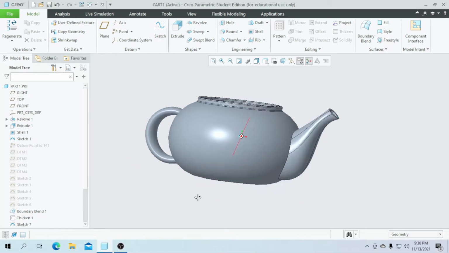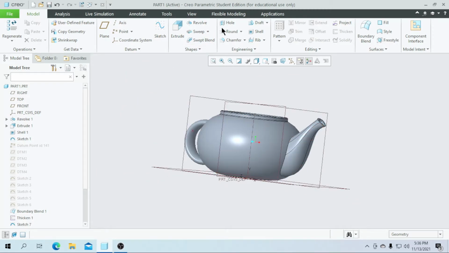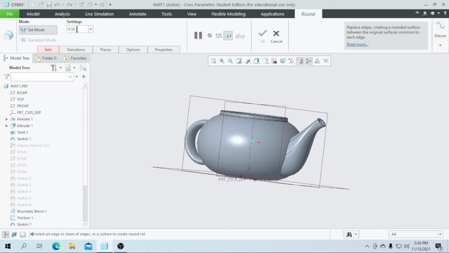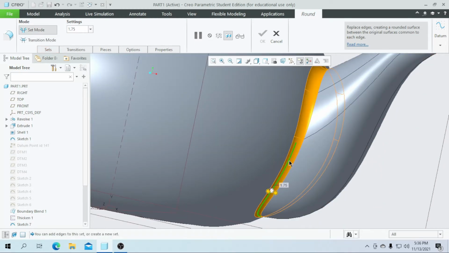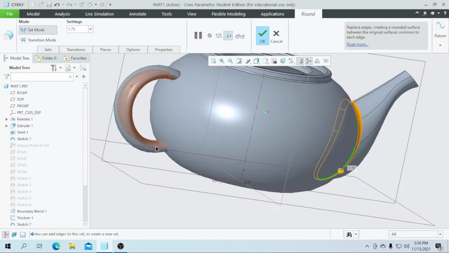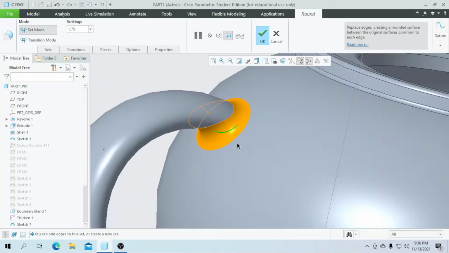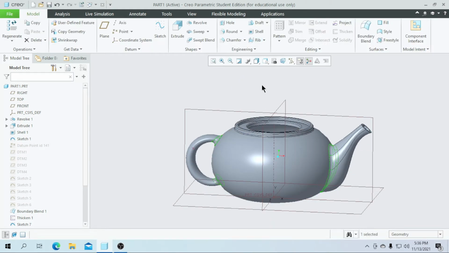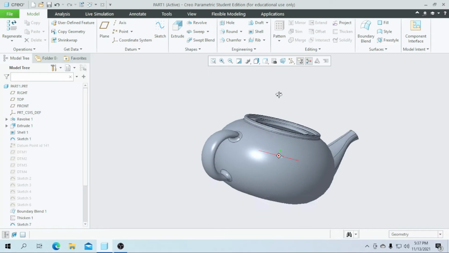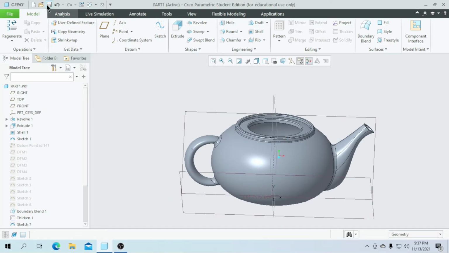So then I am going to round another feature for this. As you can see here, it has some inclined edges. So go for the round. I am going to enter a value of 1.75 as a round feature for this. Select this line, control key, plus select this line, plus select this line. So all our round features are created successfully. So let's close it. So now our first part is completely done. So let's save this part.